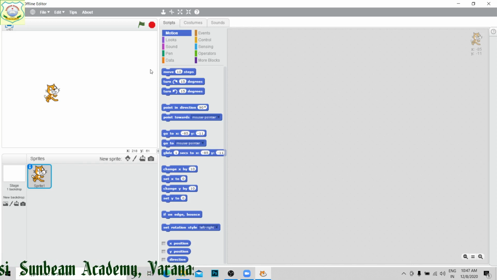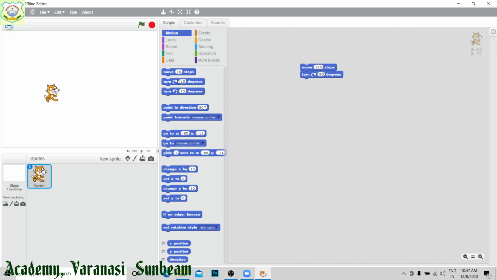Right, now I am going to move it for 125, then turn it for 90 degree right side, right, then move it for 100 steps,